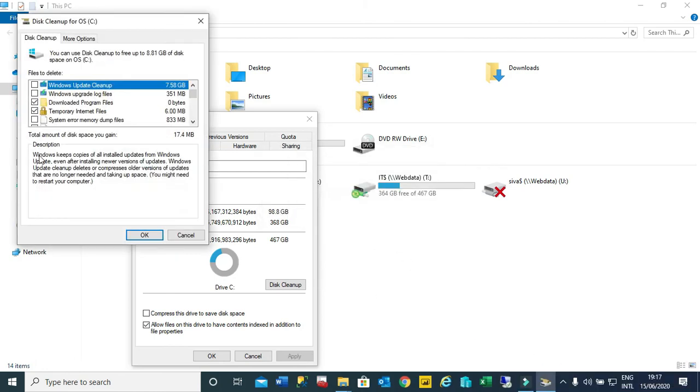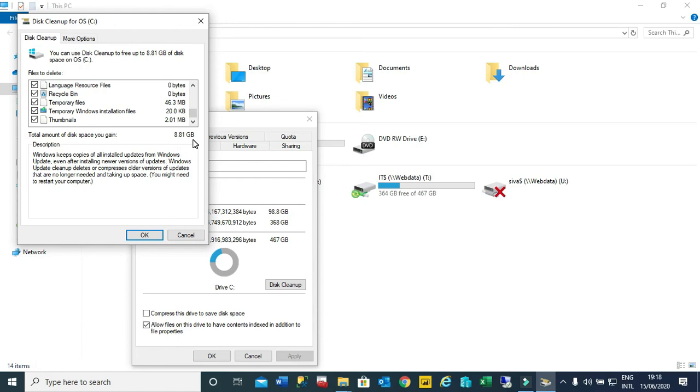As you can see, now it has come back to the Windows cleanup state. Previously it was the temporary files that you deleted. Now it is clearing up some system files, and here if you see Windows Update is having 7.5 GB, and we can go on checking all these files which are not required and which are slowing down our PC or laptop performance. So I'll go on checking and I will see how much the maximum temporary files are getting deleted. 8 GB. So there it was 21 GB, here it's 8 GB.